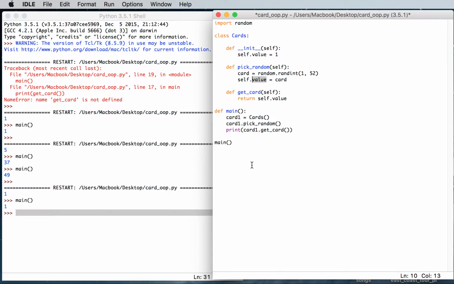But this is not pure object-oriented Python, because in pure objects we do not make the attributes public. Let me show you what I mean here. If I do card1 dot value, let's say I'll do something like this. It is changing. So if it was a real program running, it would never give us that value of 100, but since you are leaving the attributes exposed,